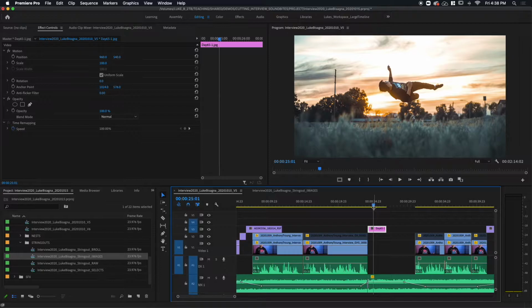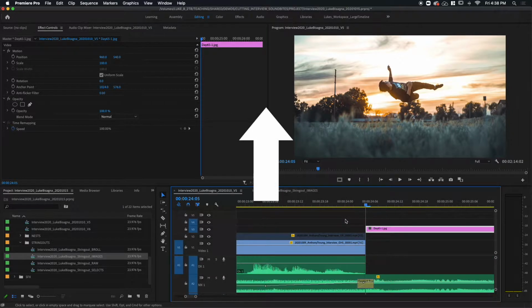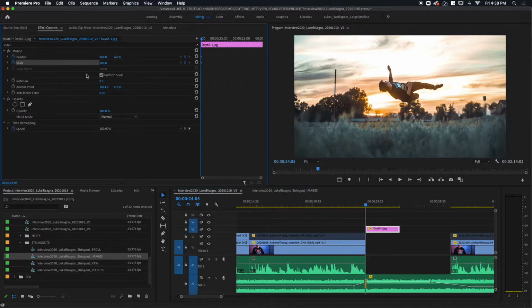So what I need to do is bring my playhead back to the beginning of the clip here. So with V3 turned on, I'm going to hit my up arrow to get back to the very first frame. If I zoom in, you can see that's where I am. And I'm going to activate our initial keyframes, our starting point for the movement of this image. And to do that, I'm going to hit the stopwatches that are next to position and scale. And you can see 2 keyframes are created. You can see their little noses poking out there. If I grab one, bring it over, it's actually a diamond, okay? But at the very beginning, you can only see half of it. And this is the starting point.